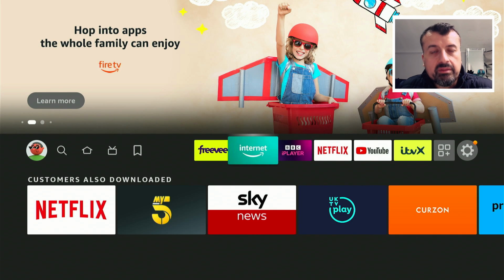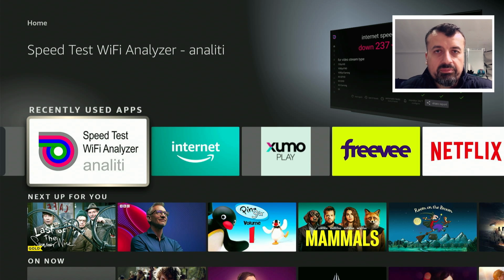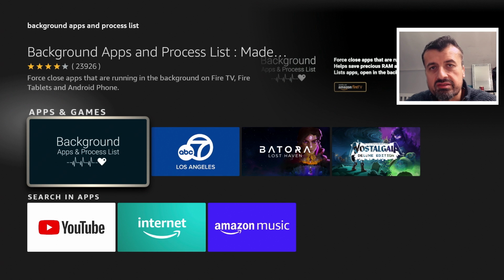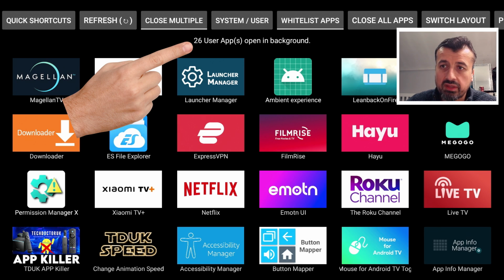But if you really want to optimize the background memory, which, you know, on these devices, once it starts running a bit low, you end up getting buffering, end up getting choppy playback. It really affects the performance of your device. So the best and only accurate way for you to see what's running in the background on your Amazon devices, Fire Sticks, Fire TVs, Cubes, even Android TV devices like your Nvidia Shield, is to open up the background apps and process list. If I open that up, now we can see on my device, I actually had 26 applications